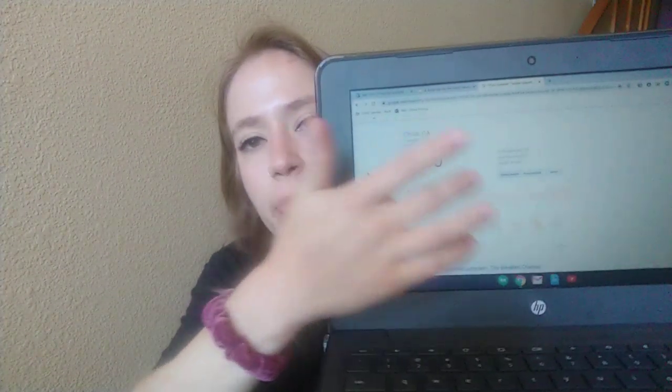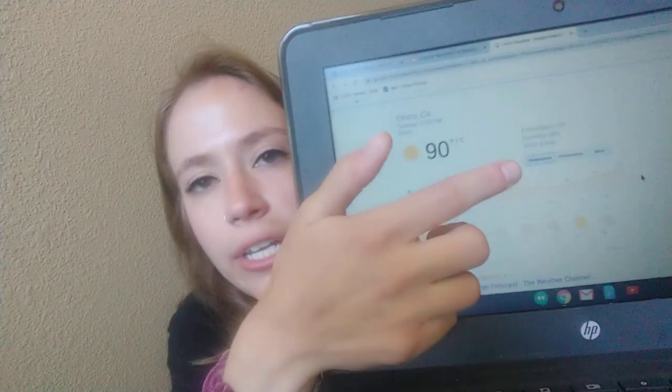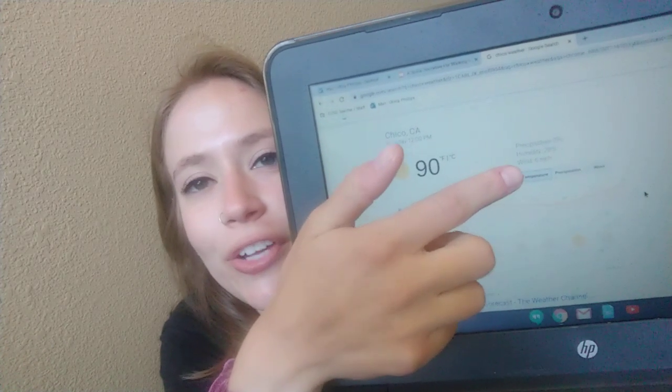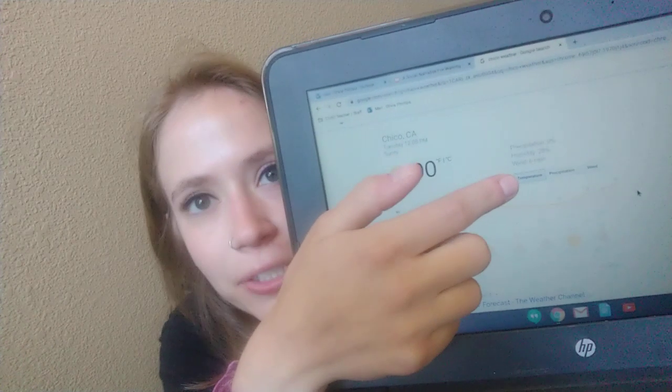Okay, so now we're going to go ahead and transition to checking out what our weather is going to be today. So go ahead and type Chico weather into Google. And then once you're there, remember we only use this first bit of information. Okay, so let's check out our temperature for today. So we'll go ahead and make a blue rectangle